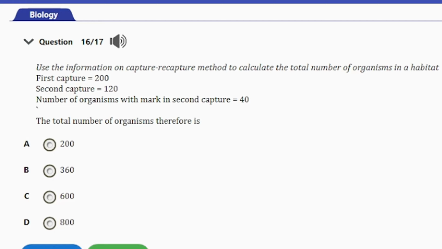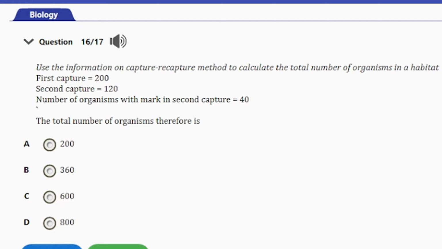Question number 16. It says, use the information on capture recapture method to calculate the total number of organisms in a habitat. First capture 200, second capture 120. Number of organisms with mark in second capture is 40. So the total number of organisms therefore is, we have A 200, B 360, C 600, D 80. All right, so